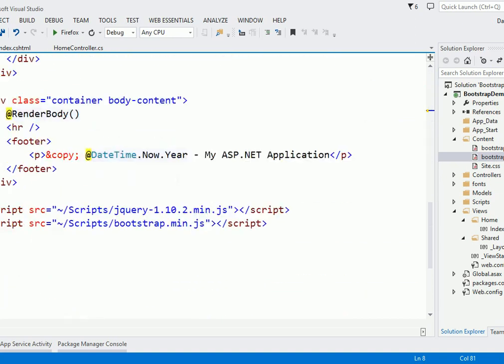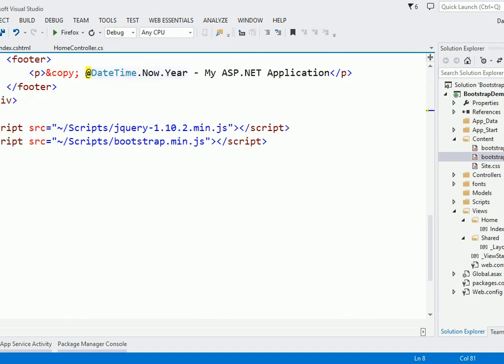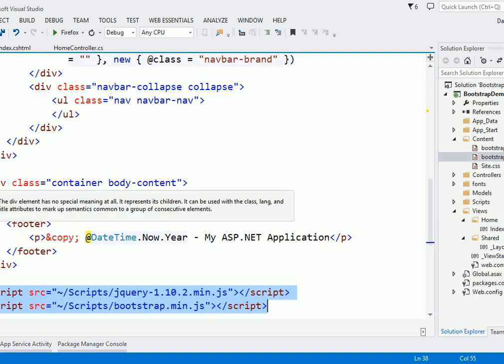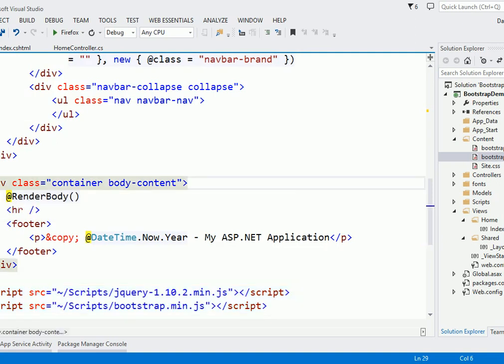Now the next thing is that the reference of jQuery file and reference of Bootstrap jQuery file. It should be added in order. You should add a reference of jQuery file first and then Bootstrap JS after that. Okay. Now the next thing, see here we use render body, means the content of our view is going to